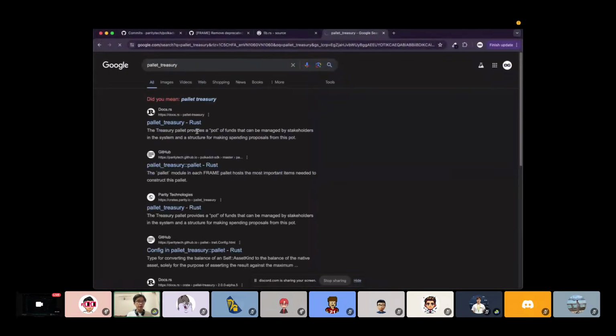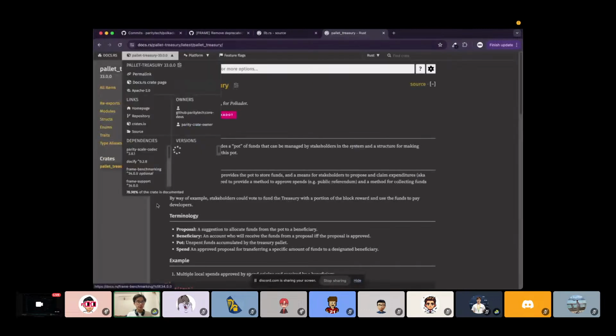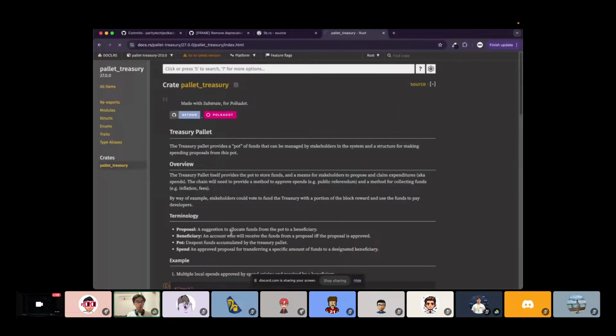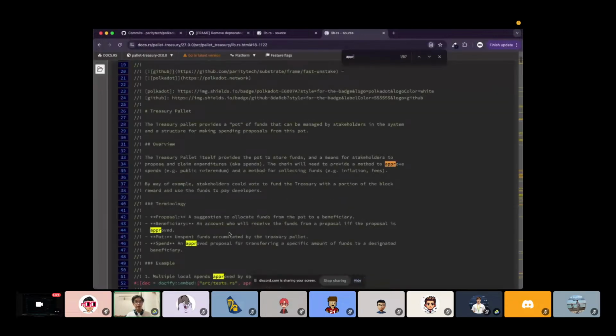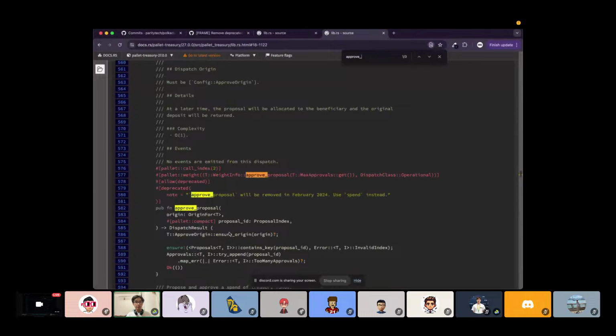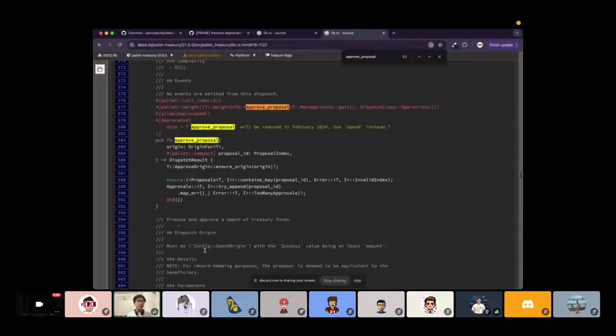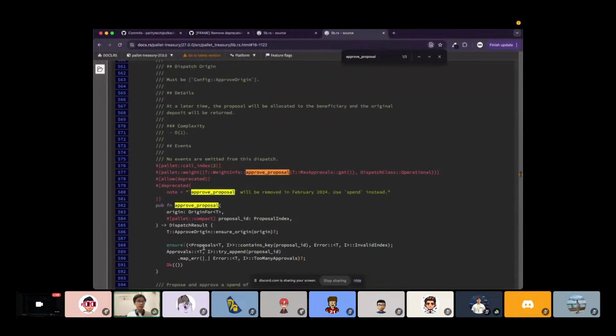Go to the pallet, then the docs, and we can visit the version. Let's visit some version, like 27, I guess. And we go to the code base. We have approve spend. Does it have it here? Yeah, approve proposal. So they still have approve proposal here, but in the latest update,